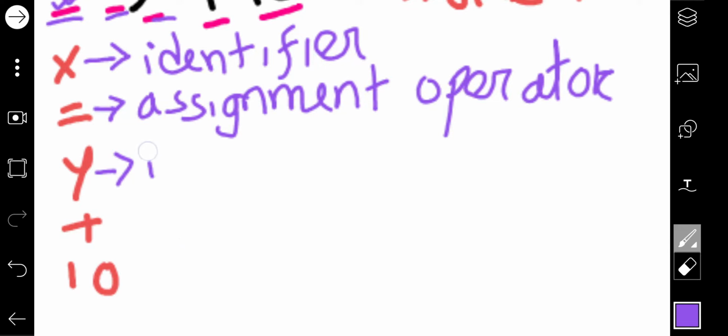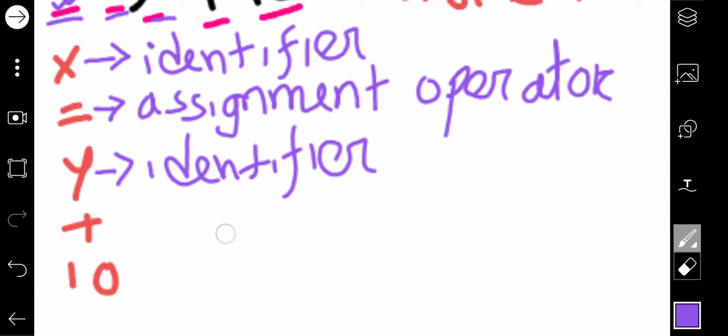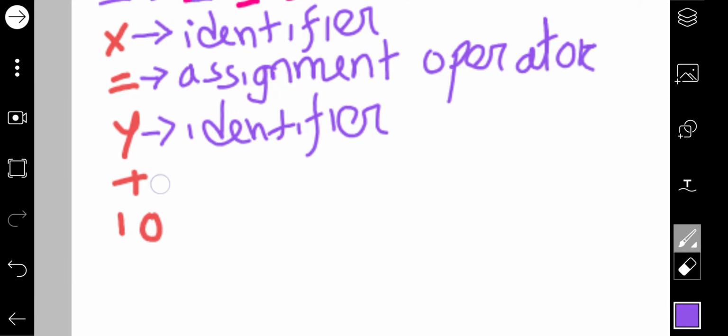Now we have y. Y is also an identifier because it will have some value. Now we have the plus symbol. Plus is also an operator. This operator is doing addition, so I'll call it the addition operator.